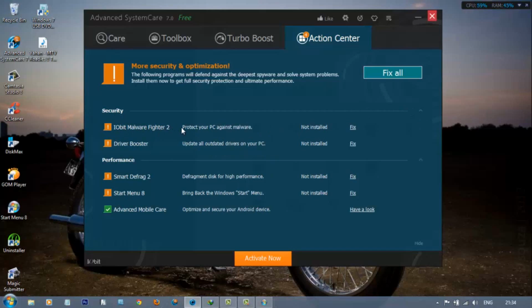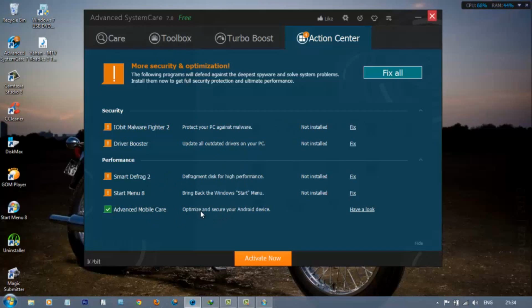I don't think it is really necessary because I already have a dedicated antivirus installed on my system. The Driver Booster, this could be said as the important module which can be installed from Toolbox, which was optional. And the Smart Defrag, this again can be installed from the Toolbox.